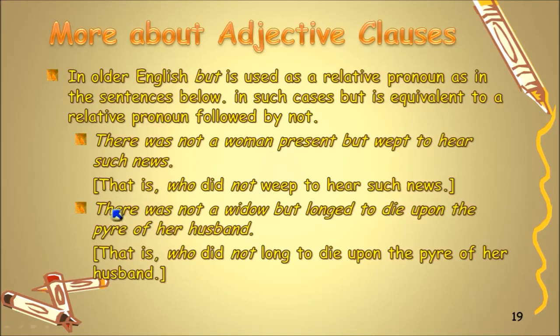There was not a widow but longed to die upon the pyre of her husband. So, who did not long to die upon the pyre of her husband. So here but again is used as a relative pronoun, and the sentence is an adjective clause. So here we would learn